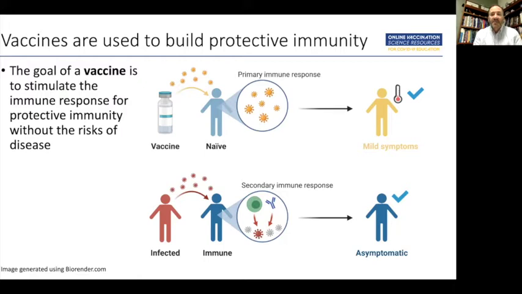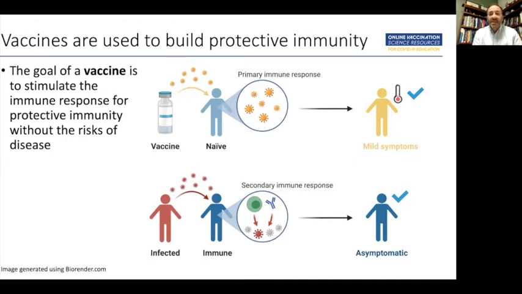But instead of potentially mounting a full-blown immune response that could be harmful, could result in sickness or even death, the person will usually have no symptoms. Occasionally they'll have mild symptoms, and that's because in dealing with the vaccine, their immune system is active, but the virus is not replicating. The virus does not spread within the body. And so the person can deal with